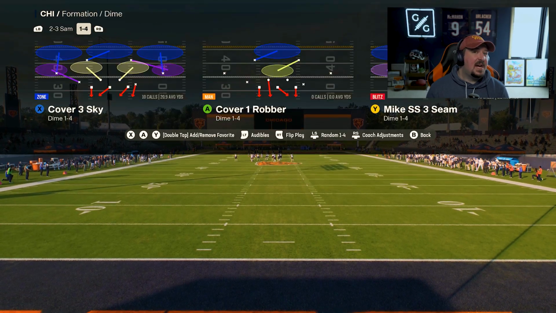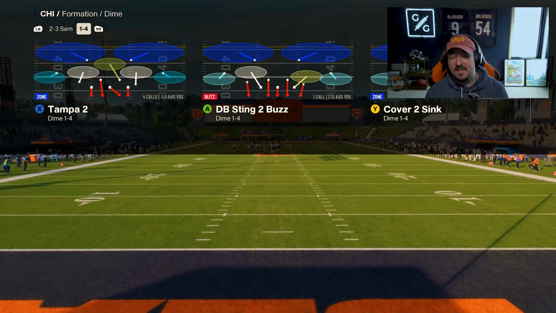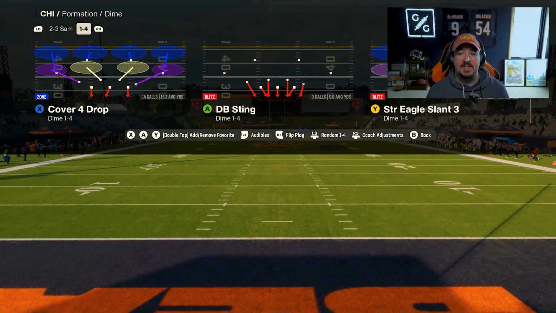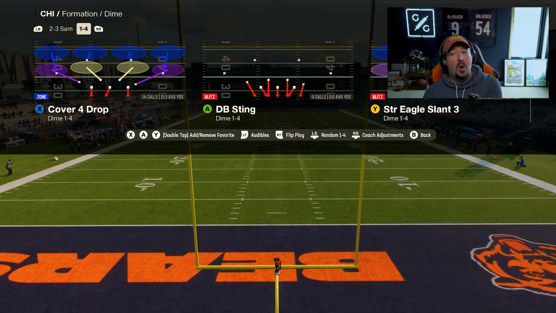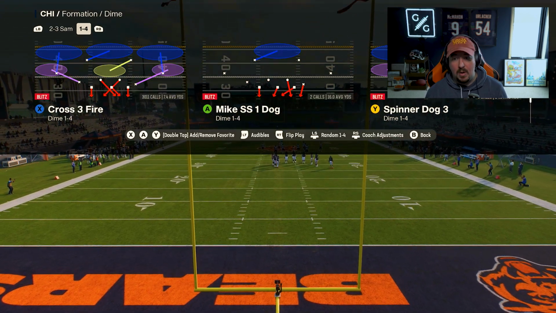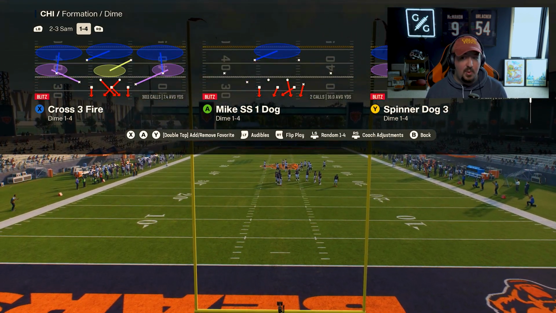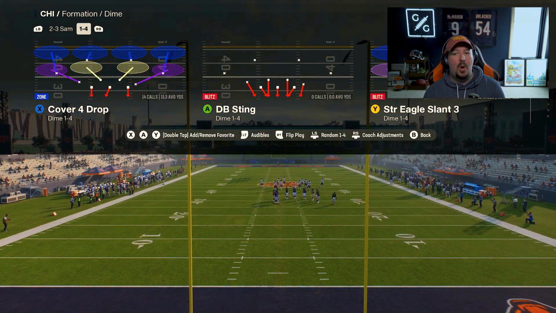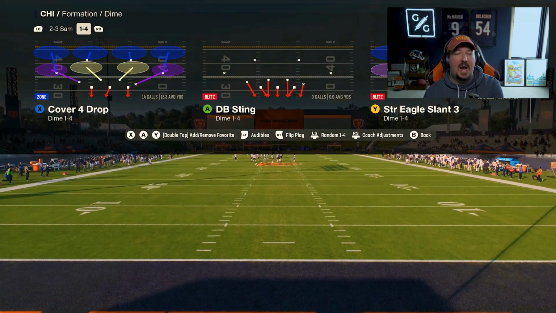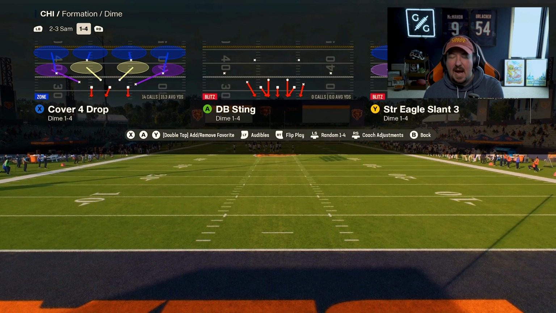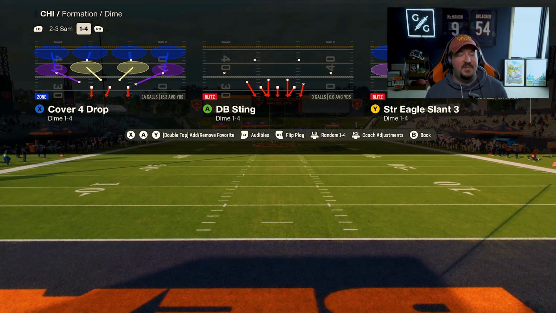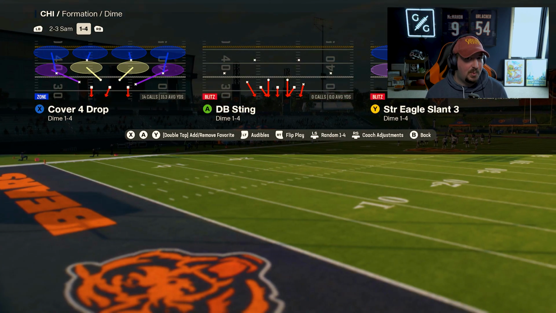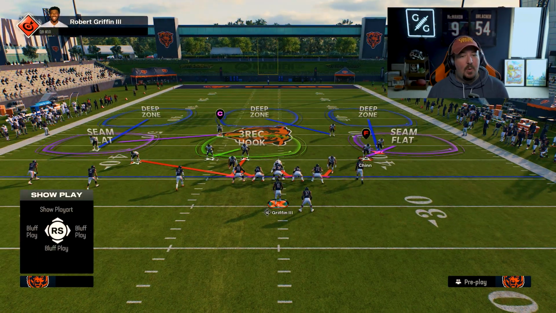So the solve for this is actually going to come from our 1-4 defensive game plan on Gridiron Game Plans. We're going to run either Strong Eagle Slant 3, or we can run a Crossfire loop, whichever one is up to you. We'll go with the Edge Blitz meta because I know a lot of you like to run that dollar or that dime 3-2 type defense. This reminds you of the play Edge Blitz in that 3-2. Now with this, all we got to do is